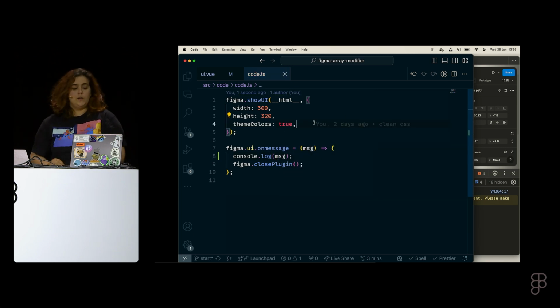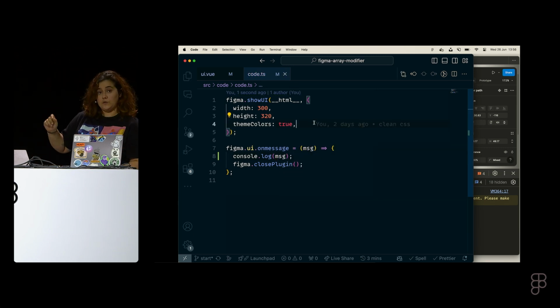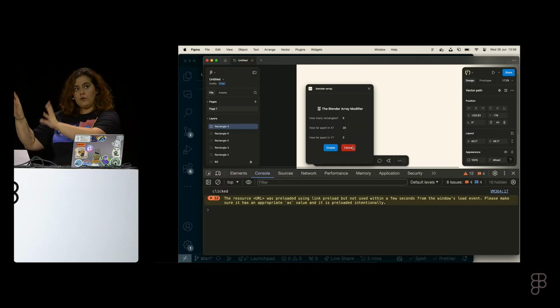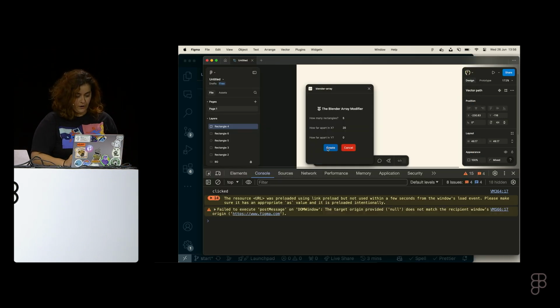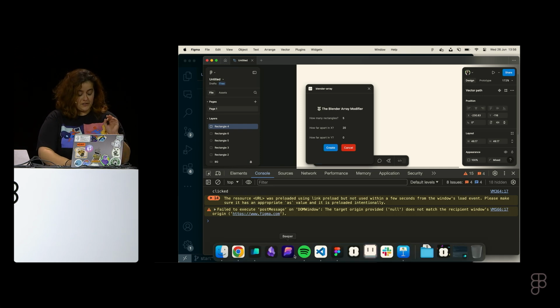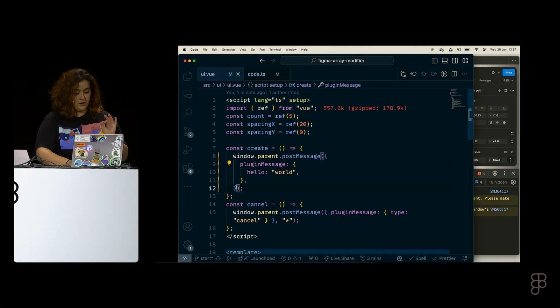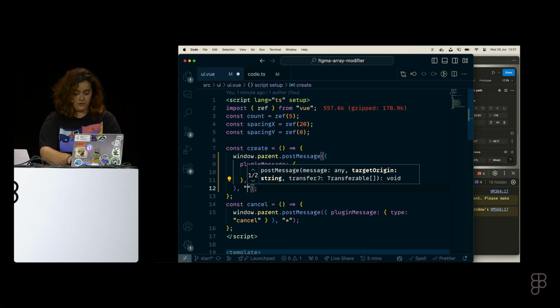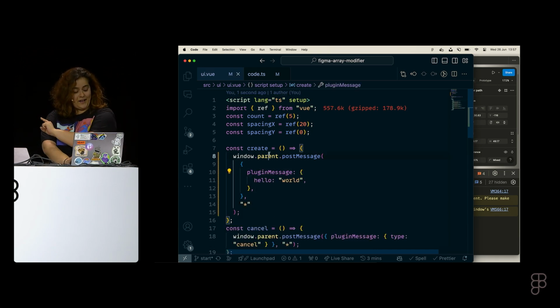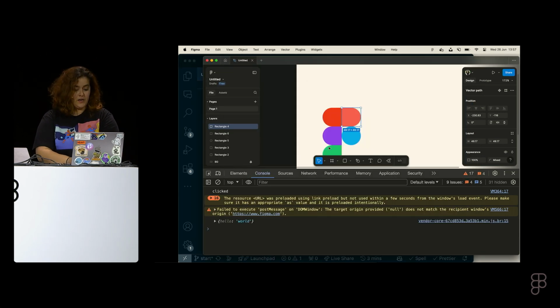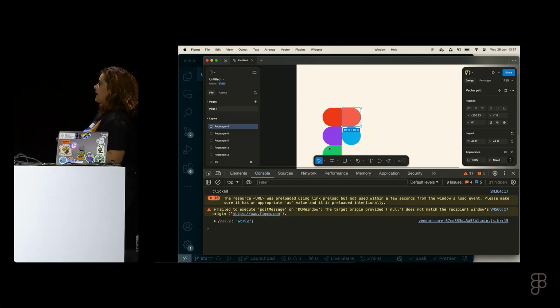There we go. So on UI.onMessage, we're basically just gonna console log, see what happens. Also, plugins auto reload, which is really nice. So if I click create now, I have an error. Interesting thing, this exact same error showed up in my test presentation 2 days ago. I have to pass that, which means pass it to everyone. That's cool. Okay, create. Cool, so I get exactly what I wanted.